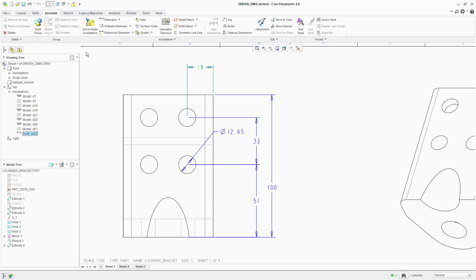So the ones that are imported from the part using this button all have this D1 label underneath them, just to indicate that they were imported annotations, whereas this one that we've created in the drawing has a slightly different icon. It doesn't have the D1 underneath, which means it wasn't a parameter in the part, and it gets a different naming designation after it. So these were all indicated that they came from the model, whereas this one has just been added in the drawing itself, and we can drag that around as we need to,